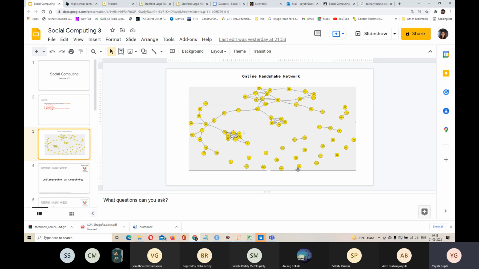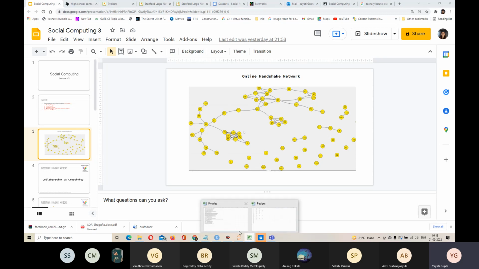And you'll find a lot of such isolated nodes in real world networks also. If you are portraying this entire big Facebook network, you'll have all these isolated nodes. These will be the people who are inactive on Facebook. They made an account, but they are still inactive. They haven't added any friend, right? Or they haven't accepted any friend request as well.